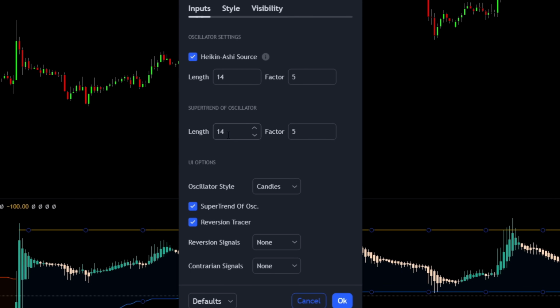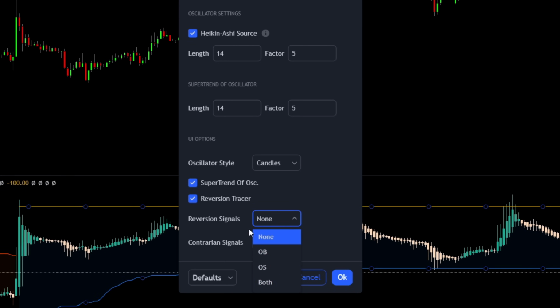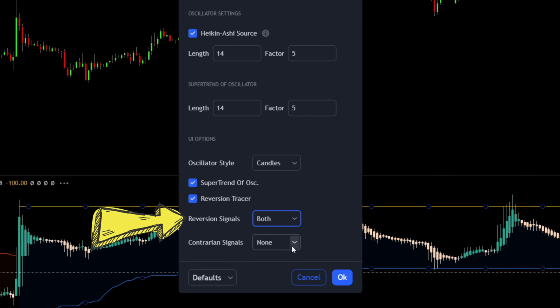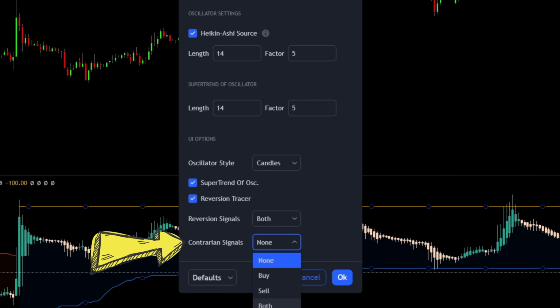So this is yet another reason why I think that 14 for the length here, both for the oscillator and the SUPERTREND, makes a lot of sense. The last thing we want to make sure here is that for the reversion signals, we want to click both here, so we get oversold and overbought. And for the contrarian signals, we also want to click both here, so we get both buy and sell signals